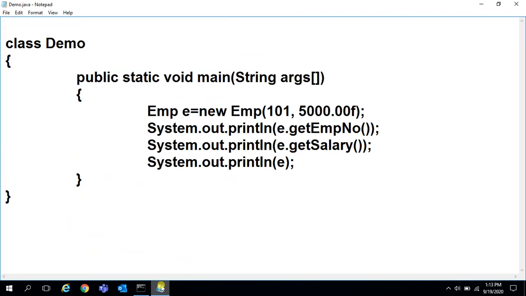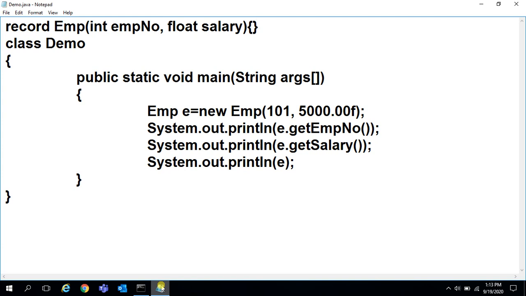See, now just one keyword, record, and the class name Employee, which takes employee number, which takes salary. That's it. Everything else is automatically generated. It doesn't appear to you.